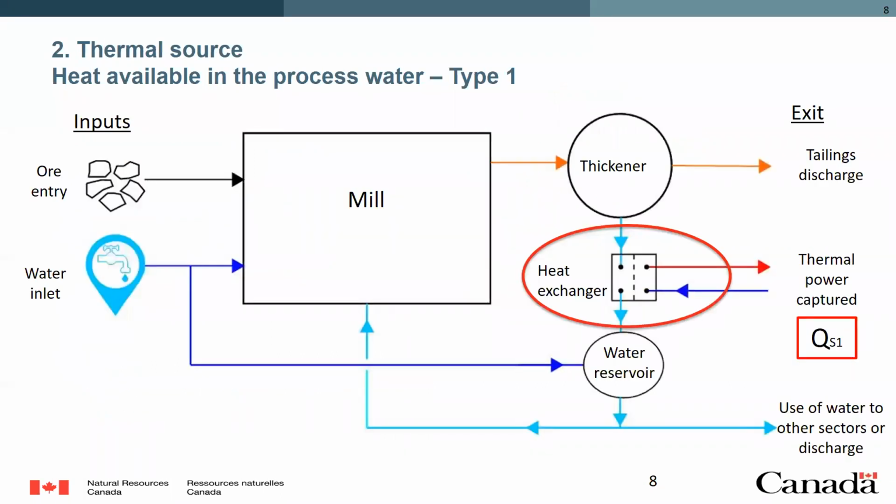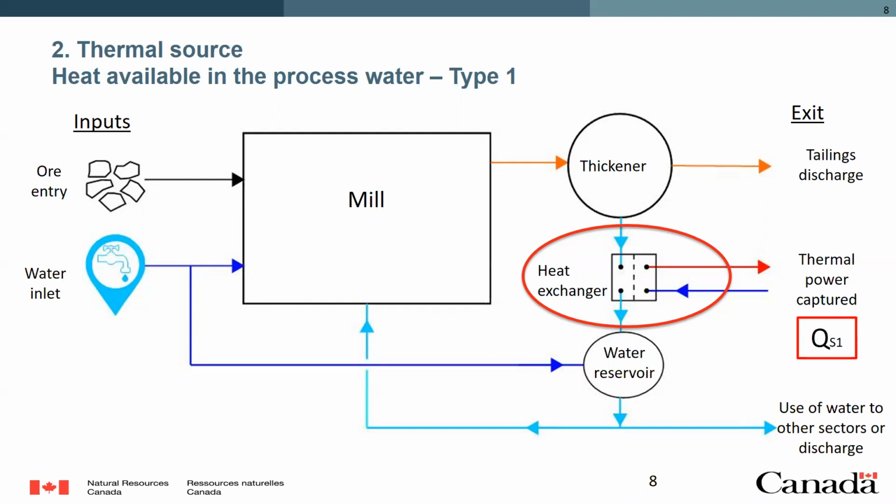So for example, the type 1, we can look at the mill. The mill will take ore and will take water going in, plus other components, of course. And then there'll be an output going to the thickener, and then to the discharge to the tailings. From the thickener, there's the amount of water that can be recovered. That water comes at a certain temperature, normally higher than the inlet water. And at that point, if you install, for example, a heat exchanger, you can recover that energy from there and make it available to bring it to a load.